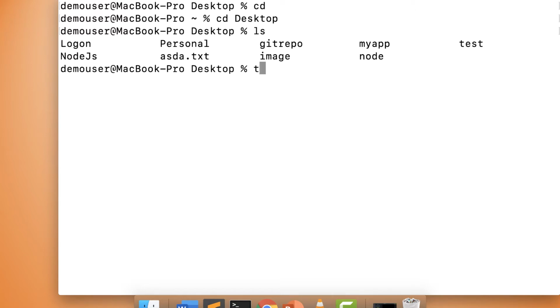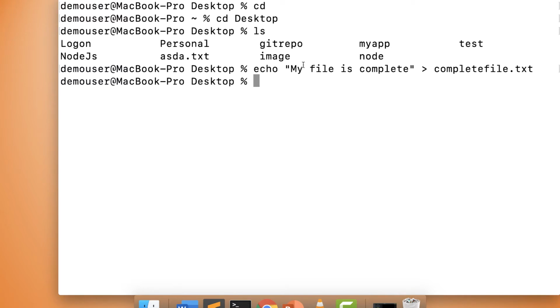I will just type echo, my file is complete. This is my file content, and the file name I will give, let's say, completefile.txt. You can see I have created a file called completefile.txt, and the content of the file is my file is complete.